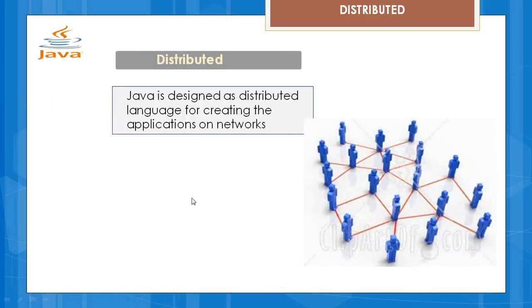Java is a distributed language. What do I mean by distributed language? Distributed means it can be used on networks. So Java provides us with libraries so that we can write programs for networks. We can create servers, we can create clients, and we can make client and server interact with each other. But we do not have that in our course, because that is networking in Java, a little bit of a separate line to go for. We can introduce it if we get the time in between, but specifically we are not going ahead with that.